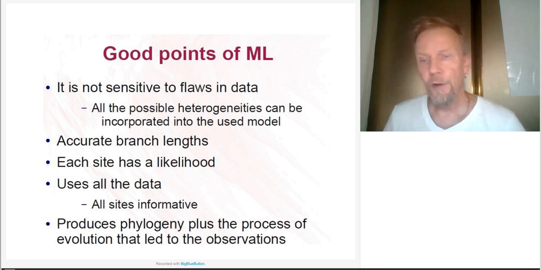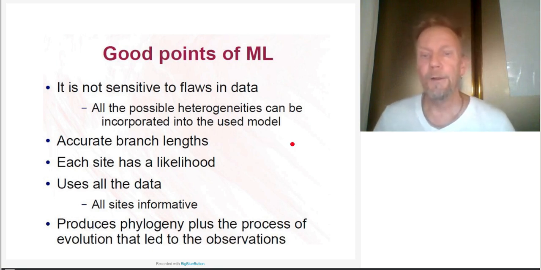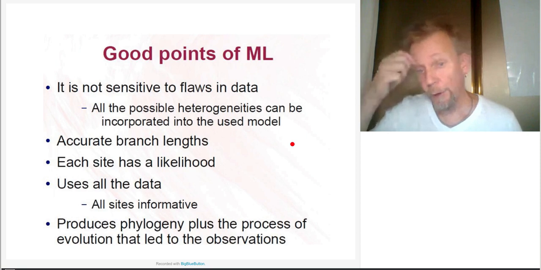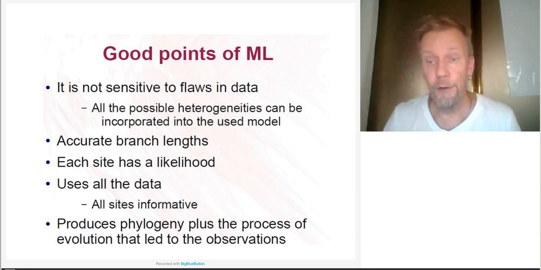So it's tolerant to noise in the data. And the branch lengths you get with ML are supposed to be accurate, and you get likelihoods for the sites,